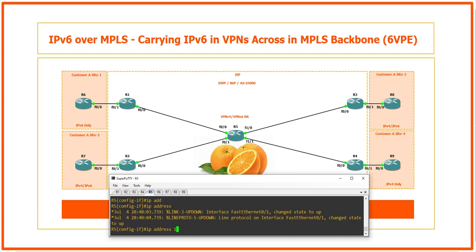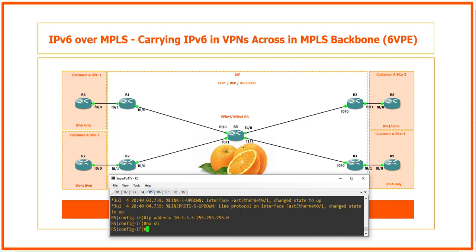The IP address is 10.3.55. After that 255.255.255.0. No shutdown. And finally interface FastEthernet 1/1. And the IP address of this interface is